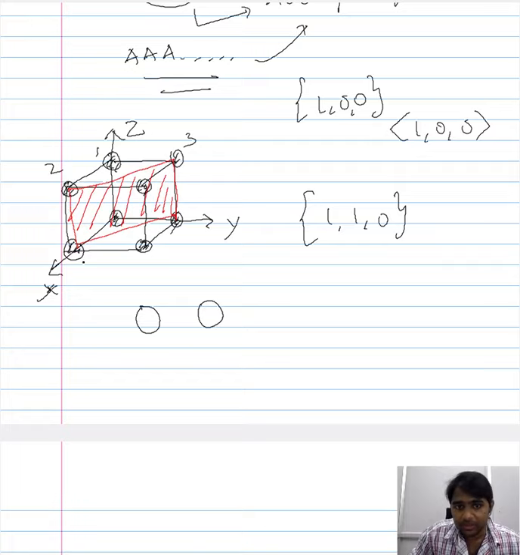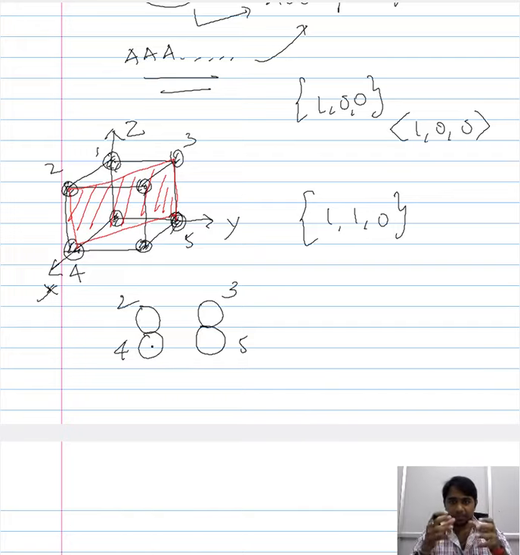However, the atoms that are present here, that is 2 and 4, touch each other because they are along the corners of the unit cell. So you have atom 2, atom 3, atom 4, and atoms 5 and 4 will not touch each other. However, 3 and 5 will touch each other. So this would be the representation of the arrangement of atoms along the 1 1 0 plane. Now this would be the first plane.